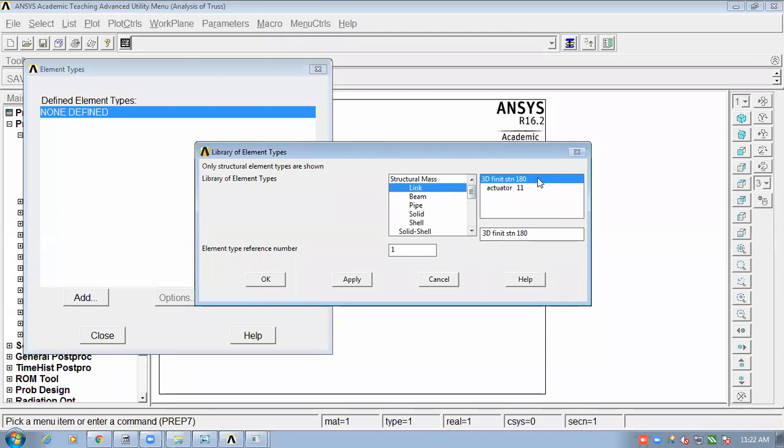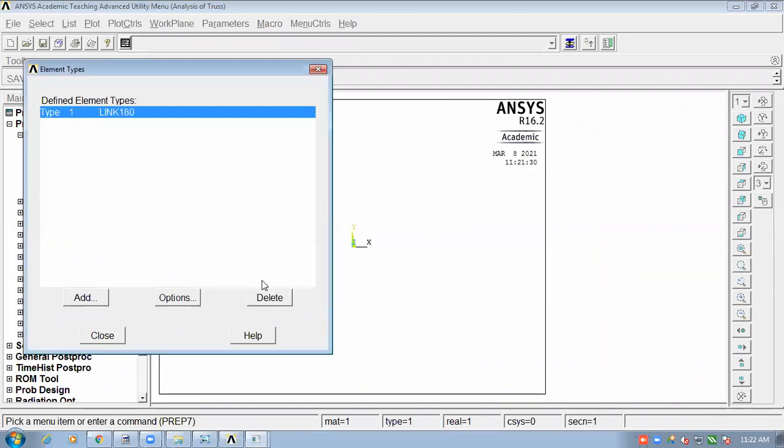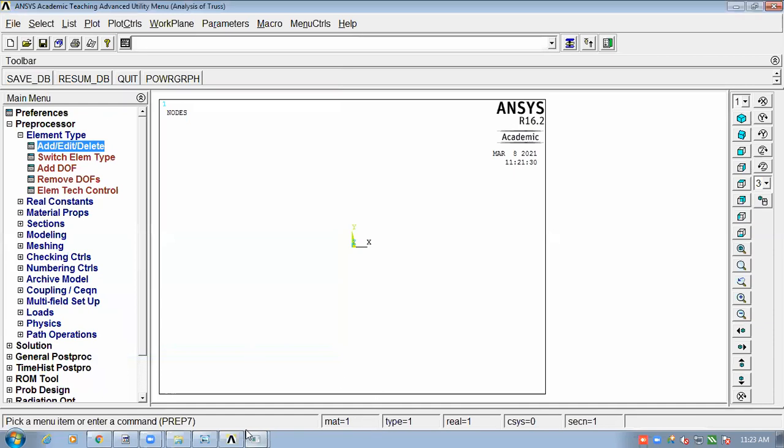Then I will select this link, 3D finite stn 180, and I will say okay. So this is the element which I've selected, that is link 180, which I will use for element number 1, 2, and 3. So I'll say close.